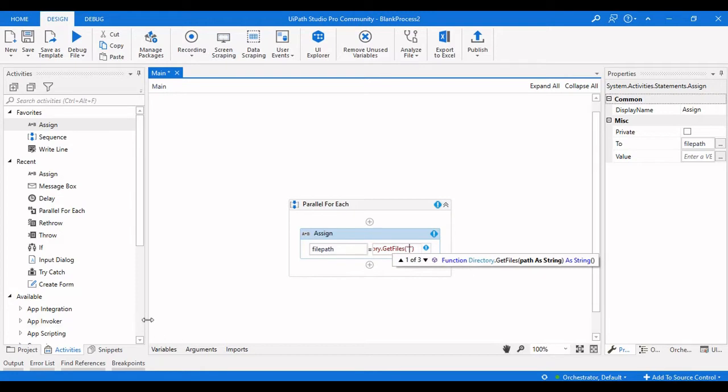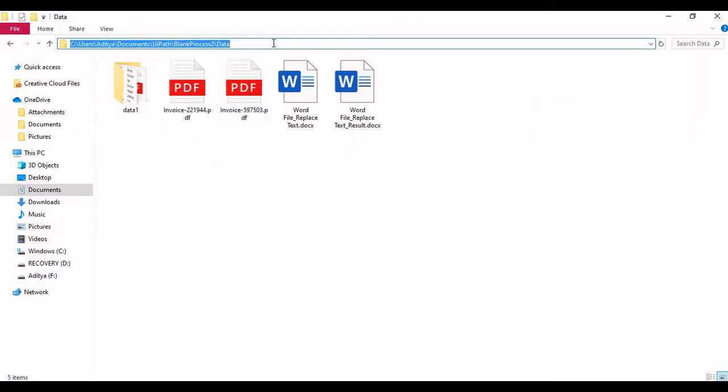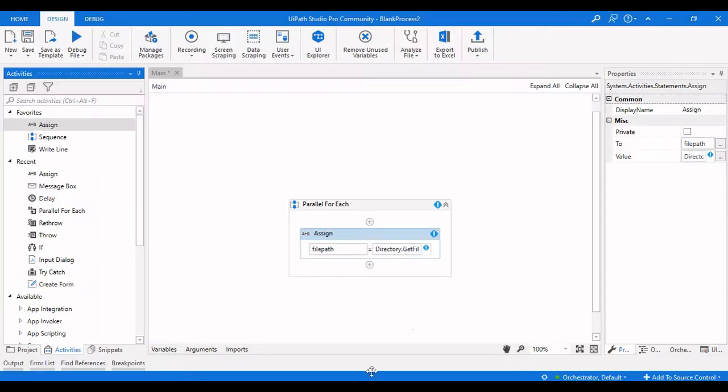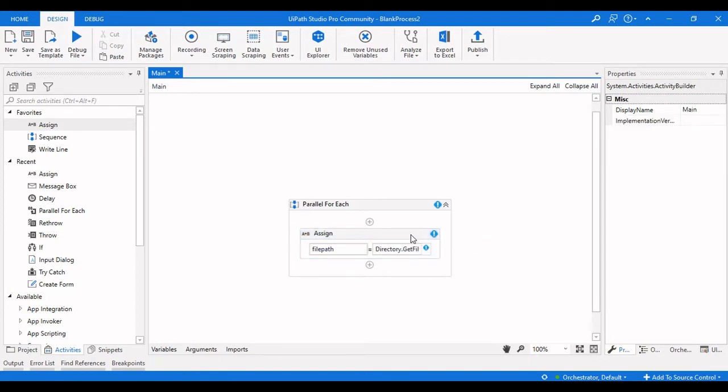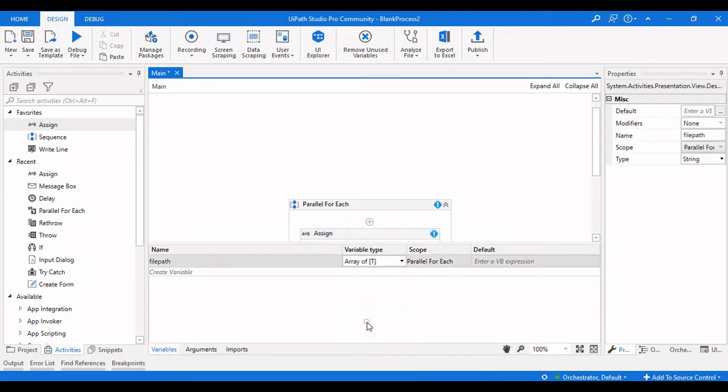So let me copy the path again. So I'm going to get all the files in that particular folder, so I'm not mentioning any particular file name here. Here we need to change it to array of strings.